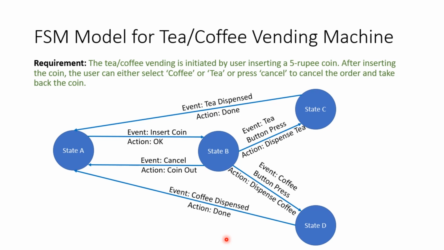So I hope I could convince you how to model a finite state machine just by reading the requirements. The only challenge here is deciding upon the number of states. You should be able to design it using a minimum number of states. That is why it is known as the finite state machine model. Finite number of states you should be able to use and design the system. So if you can overcome that challenge of deciding the number of states, the finite state machine model is everyone's cup of tea.